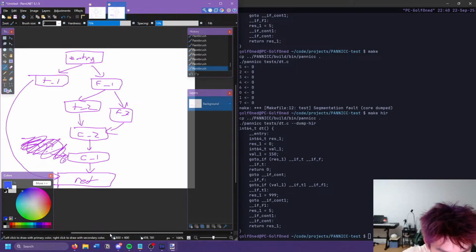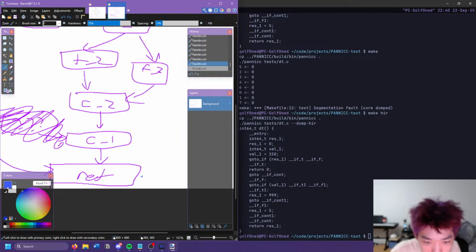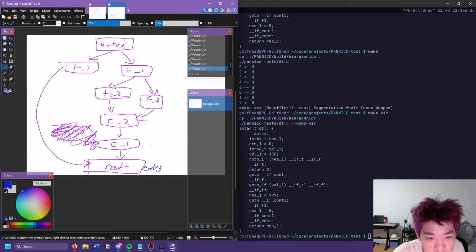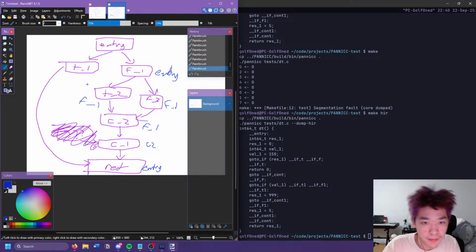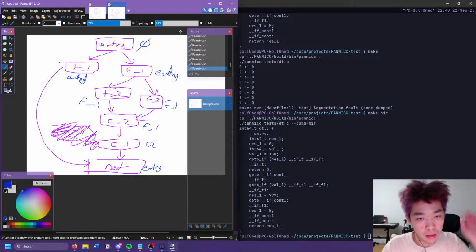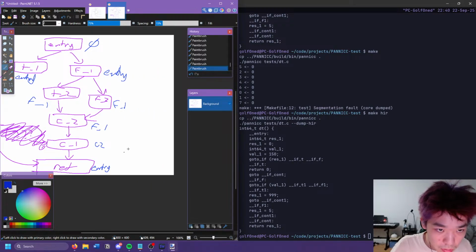So let's just write all the dominators. Returns dominator would have to be entry. C1 would be C2. C2 would be F1. F2 would be F1. T2 would be F1. F1 would be entry. And then 1, 2, 3, 4, 5, 6. Okay. And then T1 would be entry. Entry would be none. So then this dominator tree, based on this, so we have entry,